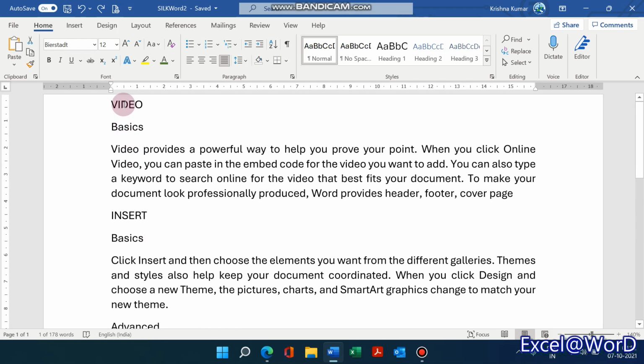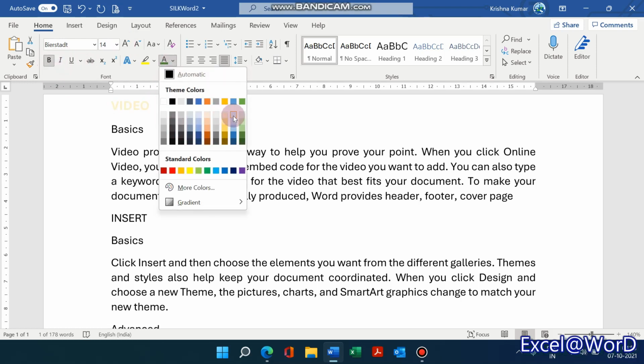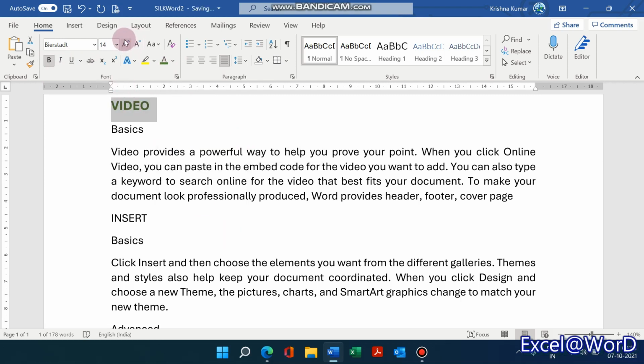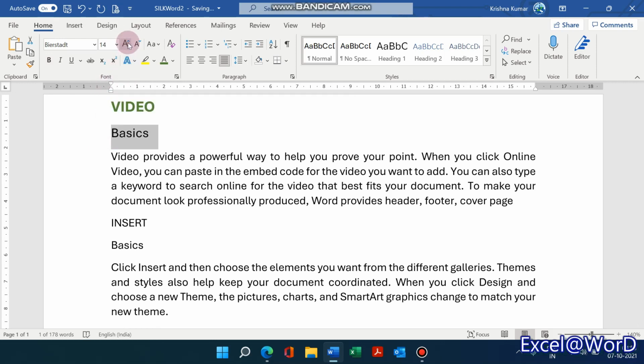Now, to give a visual clue to your audience, we generally make the topic and subtopics, let us say, increase the font size, make it bold, maybe even give a different color. Even increase slightly. The subtopic again, let us use the same font for now.